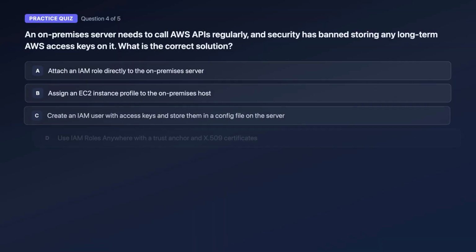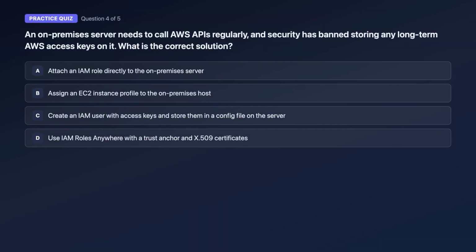Question 4. An on-premises server needs to call Amazon Web Services APIs regularly, and security has banned storing any long-term Amazon Web Services access keys on it. What's the correct solution? Option A,